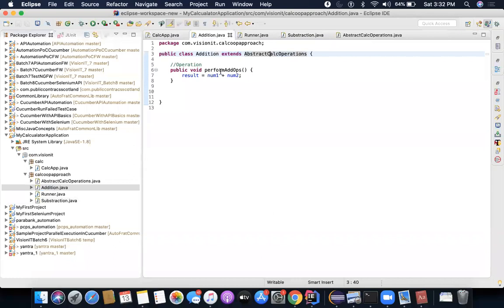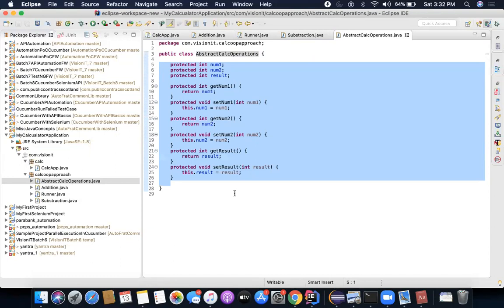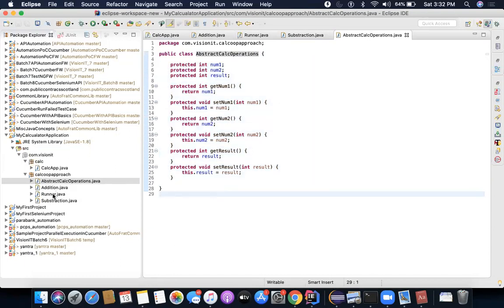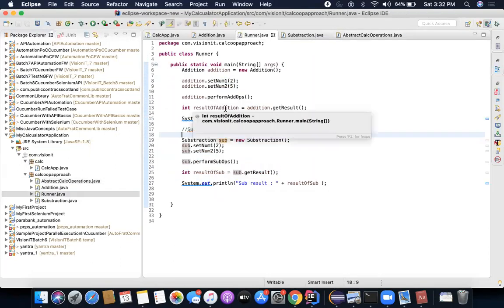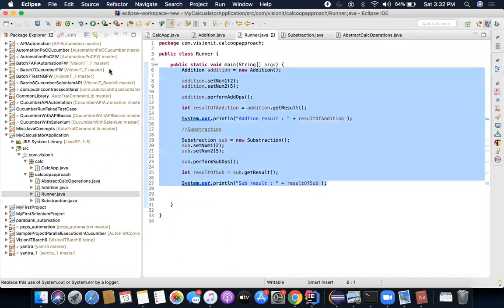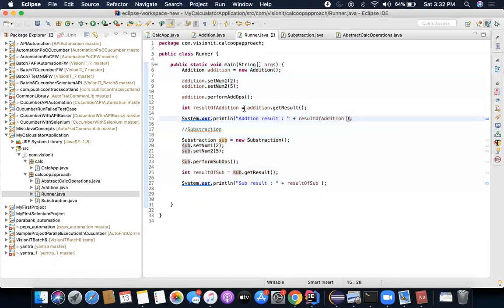Right. So all I'm doing is performing add operations here. And I think that is it. That is all I would have to do here. So if I go inside runner now, the same code will now work. The only problem I see right now is that this also looks cluttered, and I would need to modify it so that it looks simpler, right? So I will try to do it quickly.